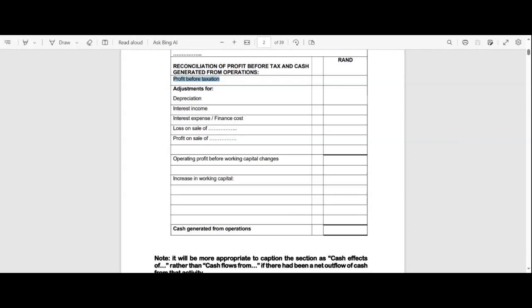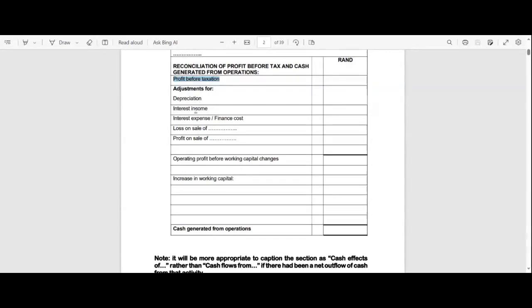And clearly, ladies and gentlemen, that profit before taxation or profit before tax includes all your income items. It includes all your expense items, right? That is how you arrived at the profit before tax, and you arrived at those expense and at those income items by using the accrual system. Then we've got to do two kinds of adjustments to that figure in order to arrive at our cash generated from operations. First of all,